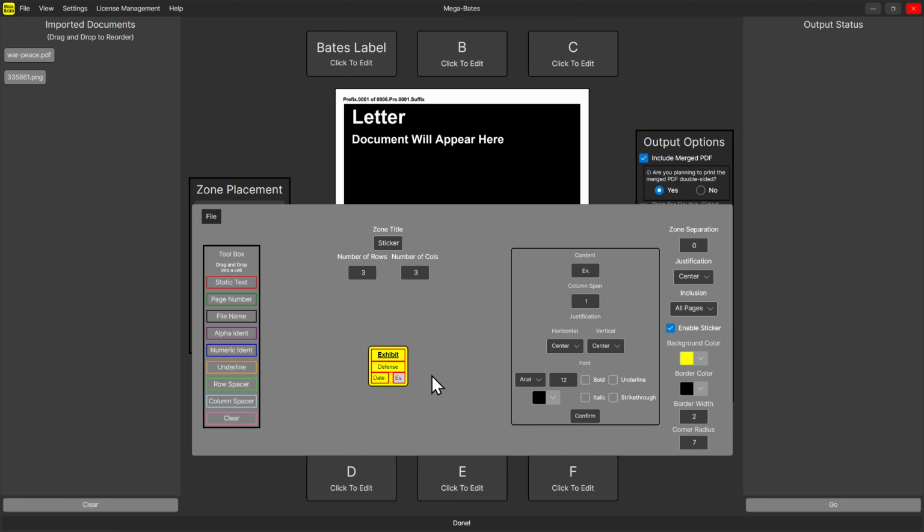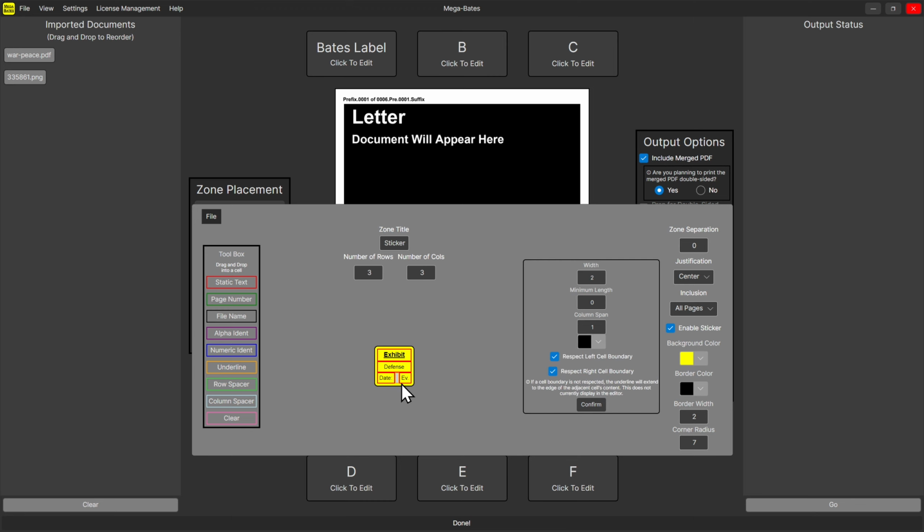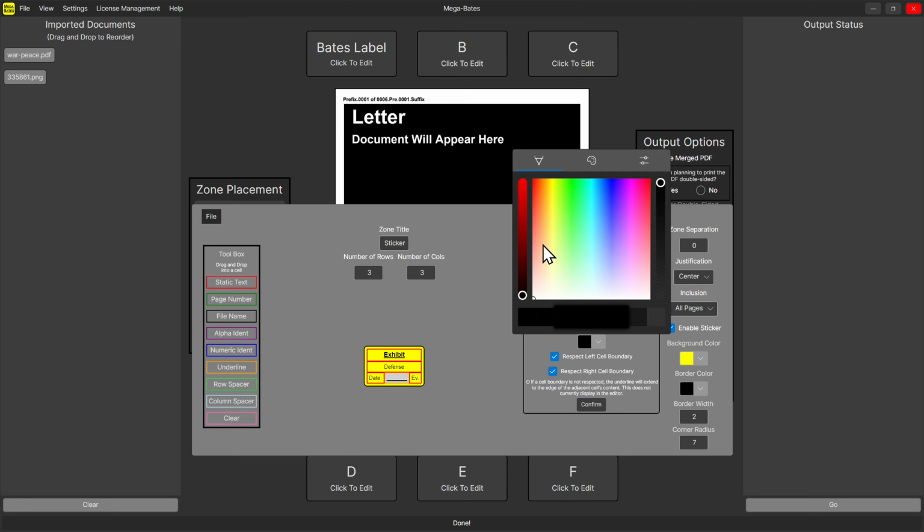We go ahead and enable our sticker background here. All right, so if we click into this underline field that we have inserted, right now this is defined based off of the sizes of the other data in all of the other cells. What we can do is we can actually force it to be a specific length. Say we want a specific amount of space to be able to write. So that's what this minimum length value does. This width, again, you can make this a thicker line, you can make it a thinner line. I think I'll leave it as 2. And then column span we've already gone over, and then again you can change the color of the line if you